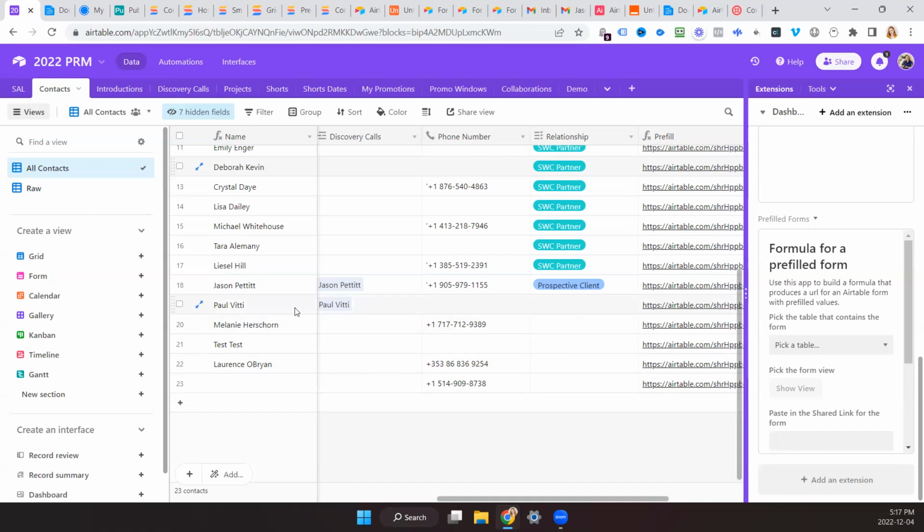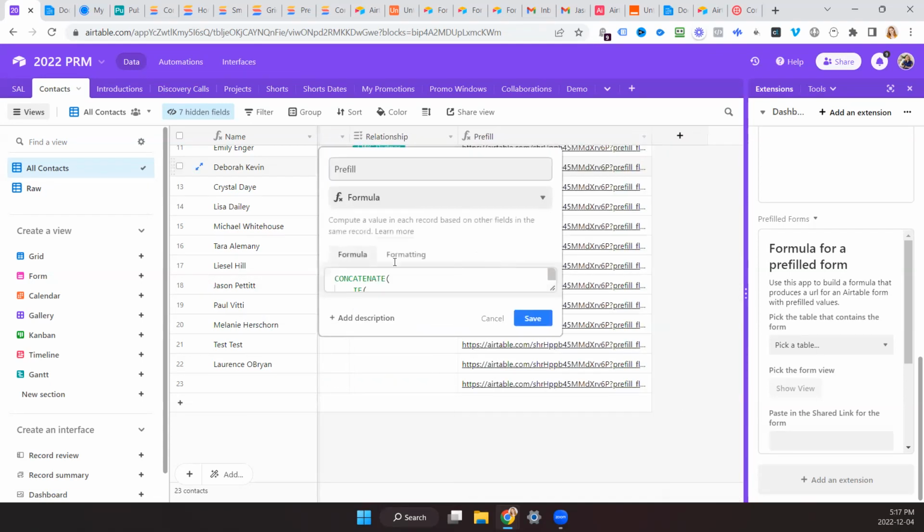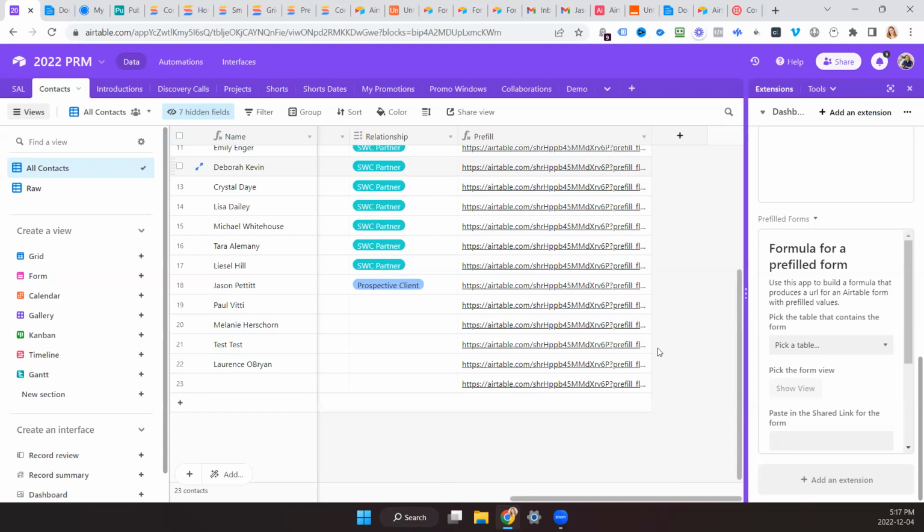Yeah. So if they're not in your Airtable, they could fill out a form, just an easy peasy form. And if they are in your Airtable, like I have you here, then I created a script here. I don't even know how to explain it, but essentially it just pulls all of their information and sends them this form.